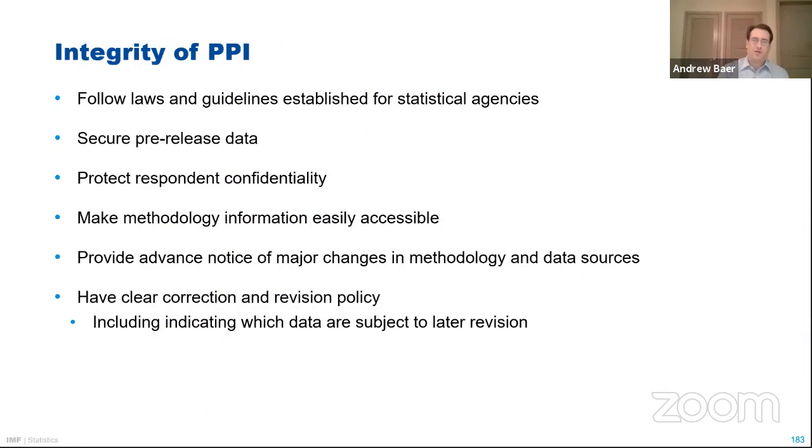In terms of integrity of the PPI, I know you have a statistical law, right? You want to follow the laws and guidelines established. And I think we talked about how confidentiality is extremely important to companies. So anything you can do to demonstrate the protections you have in place to, first of all, secure pre-release data. So when you're calculating the indexes, but they're not yet public, you might want to put in place, maybe, and